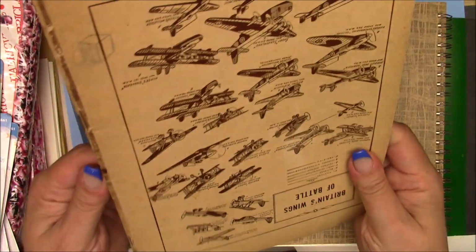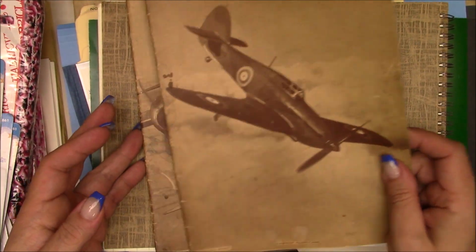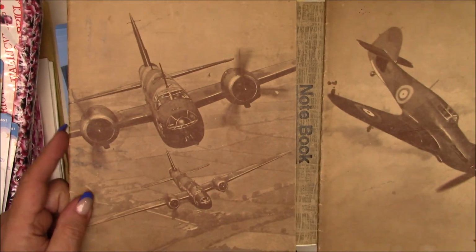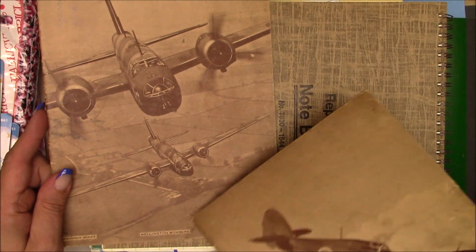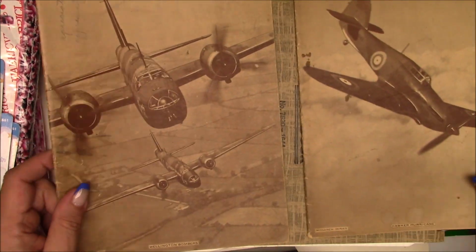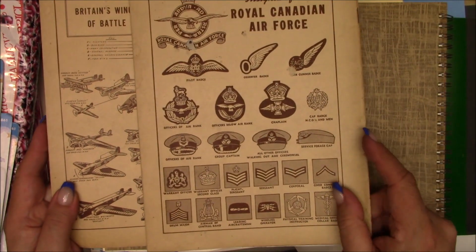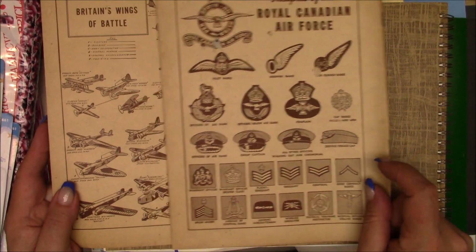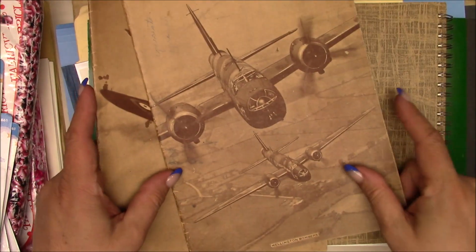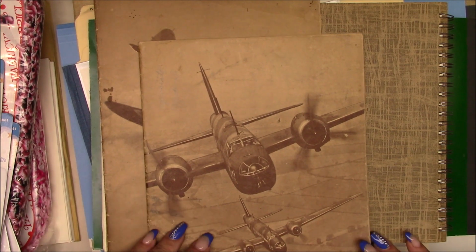Super excited about these. These are also notebooks. So I don't know, they had these planes on the front. This is a Wellington bomber and a Hawker Hurricane, but the backs, this is, you know, Royal Canadian Air Force. So I don't know if these are like the actual notebooks they were using at the Air Force. I'm not too sure, but,